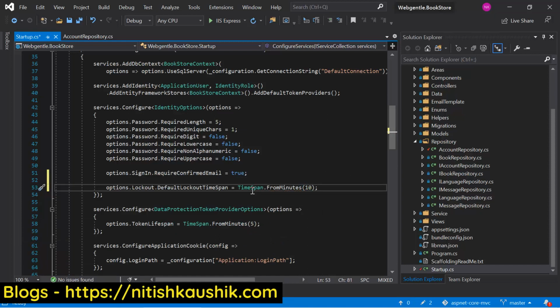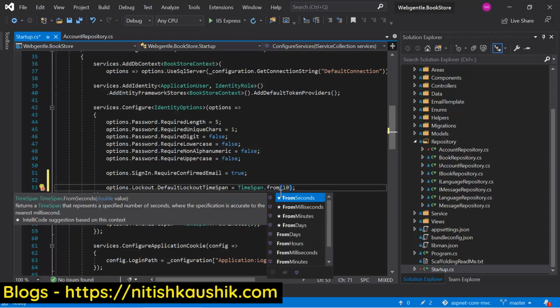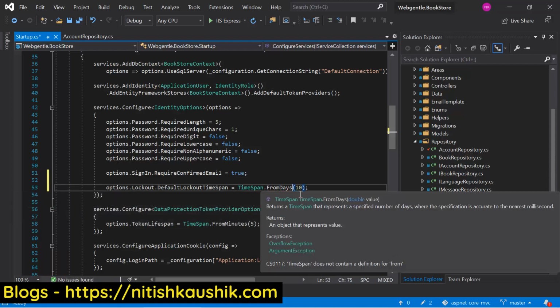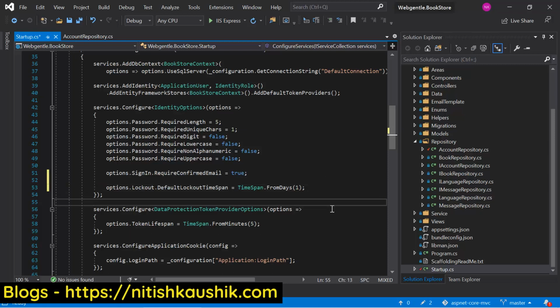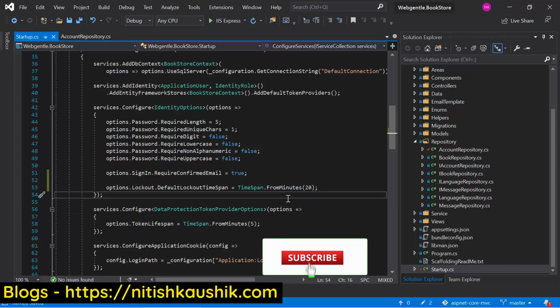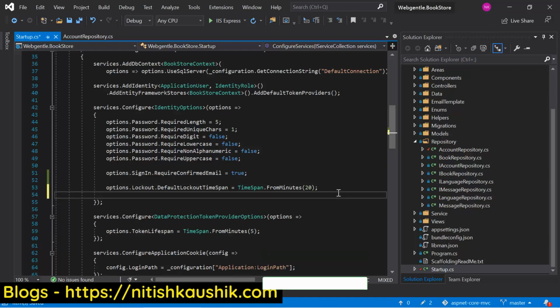Suppose you want to block the user for 1 day, then here you can choose from days, and inside this method you can pass the number of days, 1. Now what will happen? After 5 wrong username and password attempts, the user will be blocked for 1 day. We can update this setting as per the need of our application. So suppose here I am writing 20 minutes. Now we can configure the number of attempts also, and for that we need to write the same code,